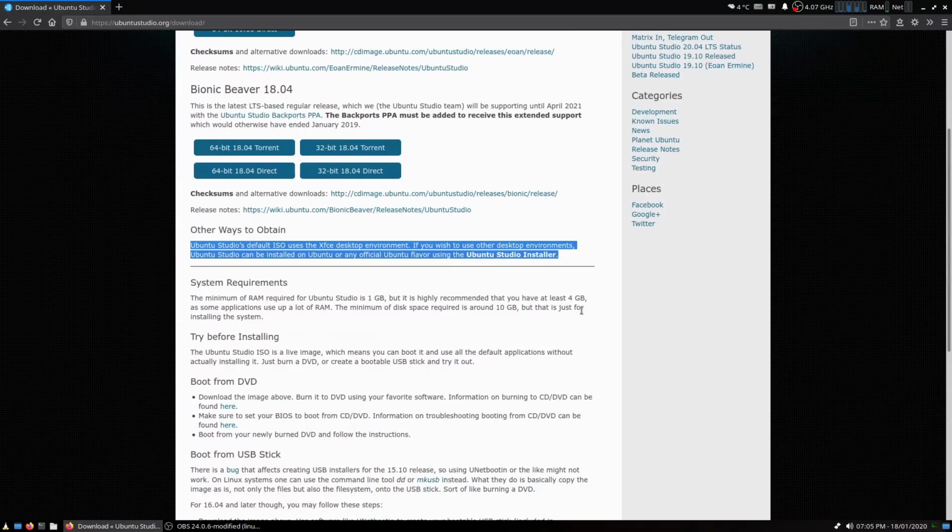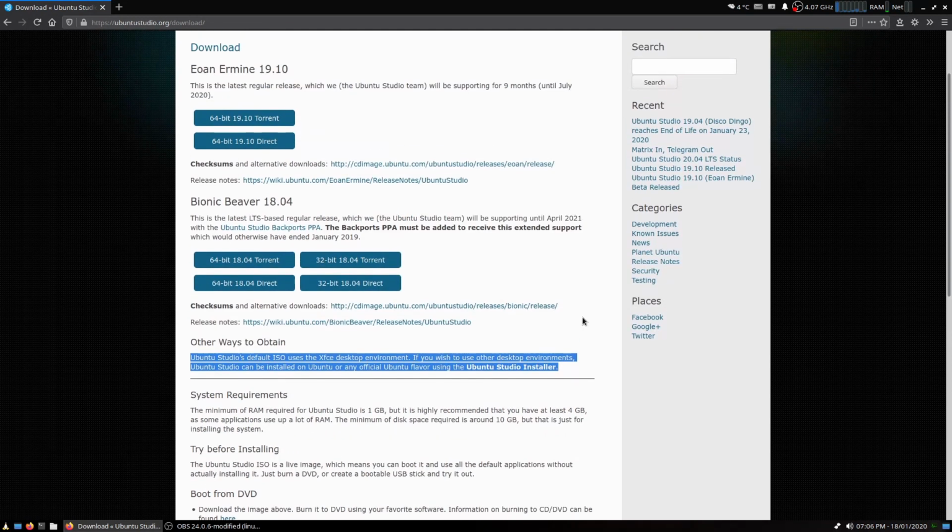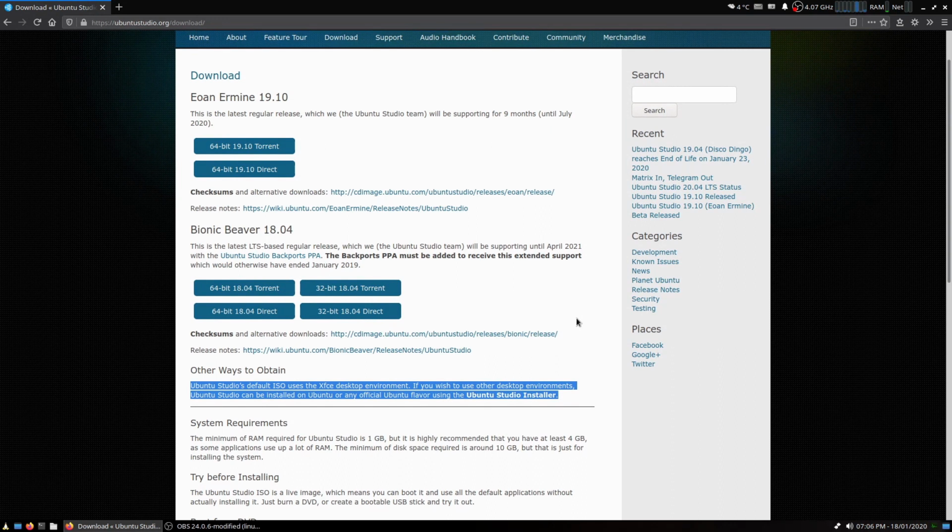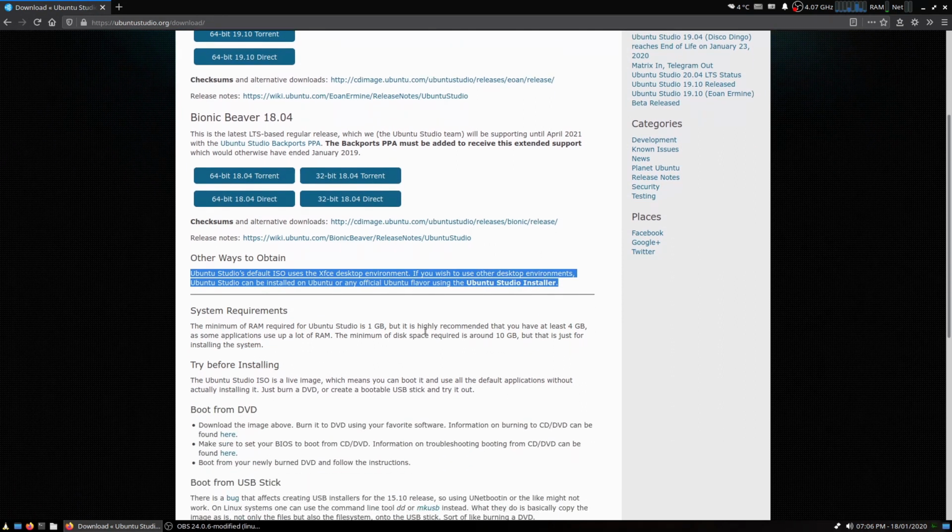Now, one last thing I want to talk about, just on the topic of desktop environments, before we go more in depth with Ubuntu Studio and creative related stuff. I wanted to talk about one thing that I mentioned in the initial first look video, but that I actually haven't been able to test, which is the fact that as well as downloading Ubuntu Studio as the distribution itself and installing it with the XFCE desktop environment, you can actually use it as sort of like an Ubuntu Studio installer,